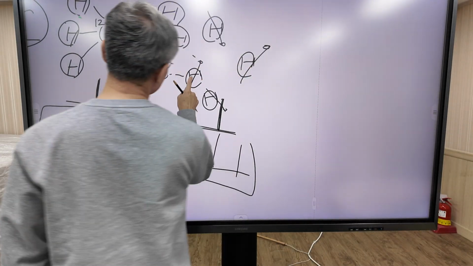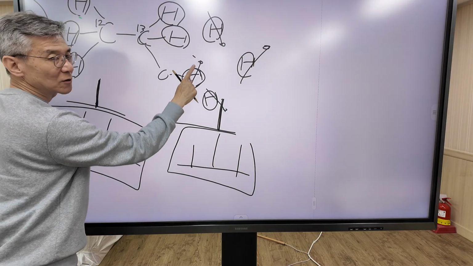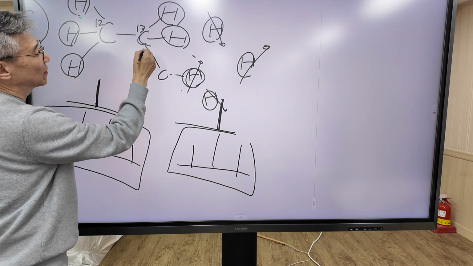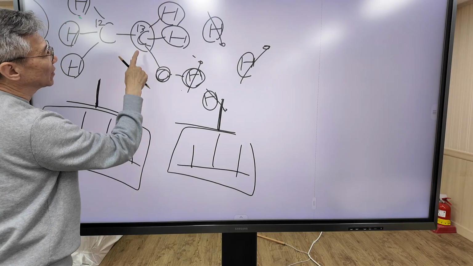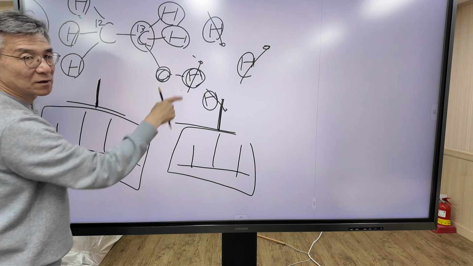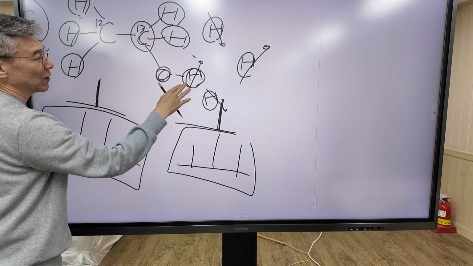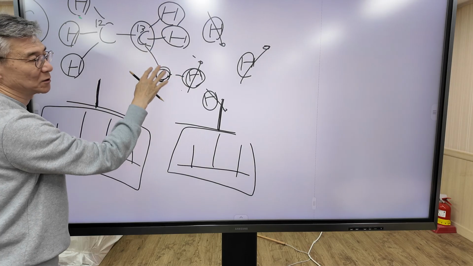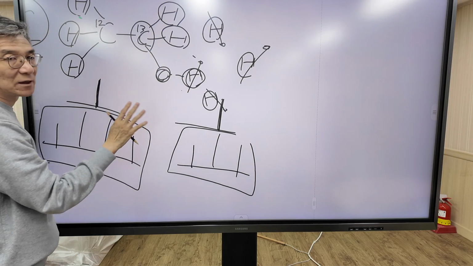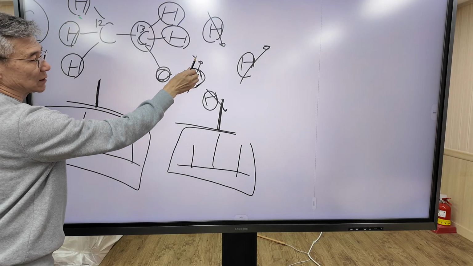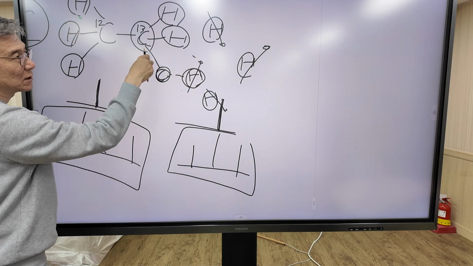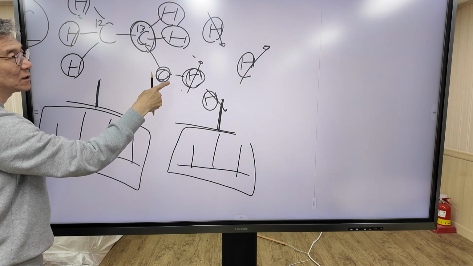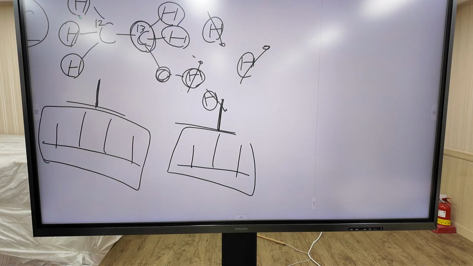In this way, the spin state of this hydrogen fluctuates: up spin, down spin, up spin, down. Very rapidly, the spin state fluctuates. So this oxygen or carbon 13 only sees the average of this spin state. The average spin state rapidly fluctuates, so it approaches zero. So coupling due to this hydrogen is not shown because the spin state is not fixed. It rapidly fluctuates, so this carbon 13 only sees the average spin state of this hydrogen. The average approaches zero, so it is not shown.